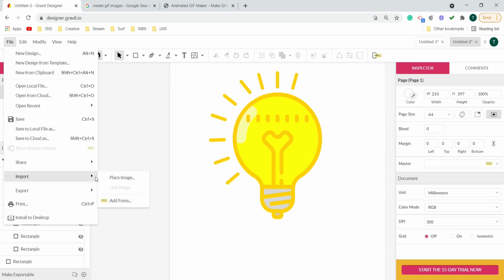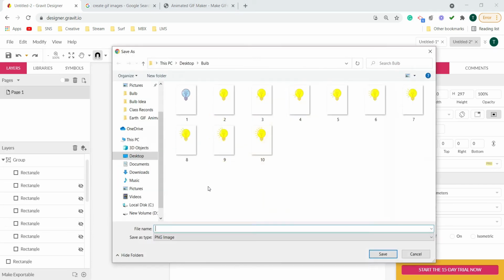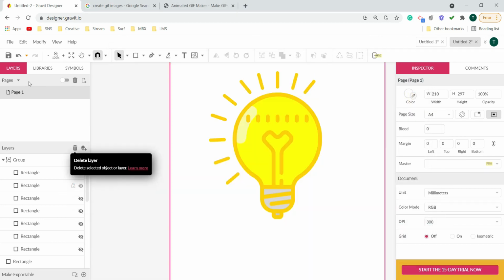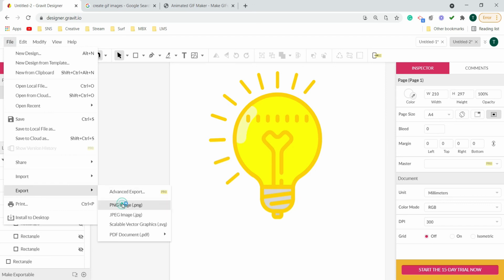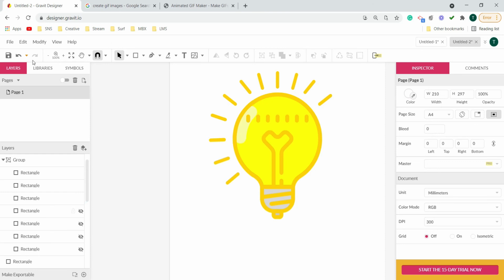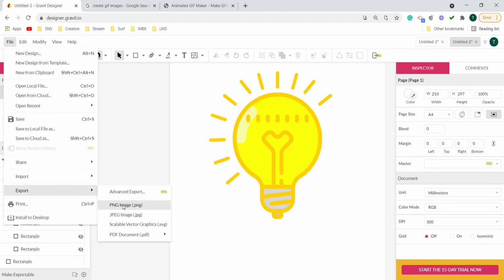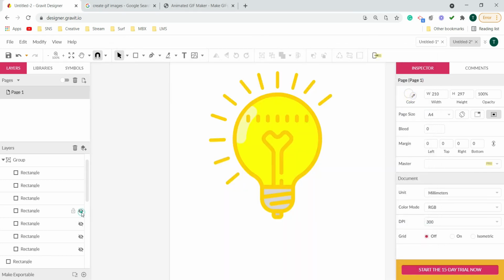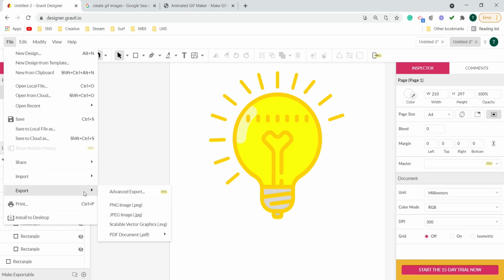Export. Next one, and let's quickly finish it up.